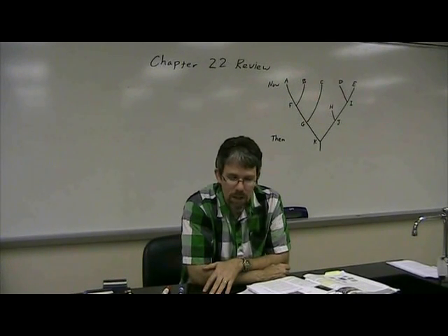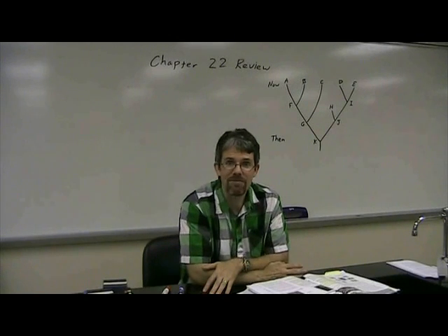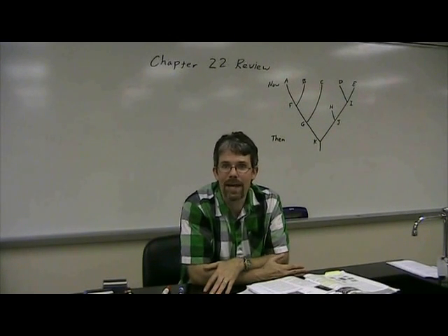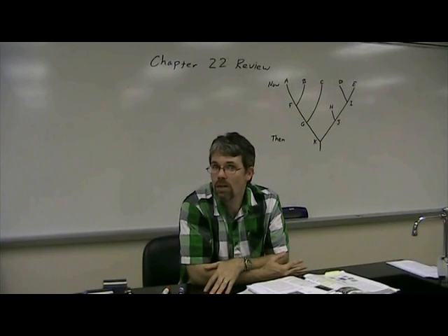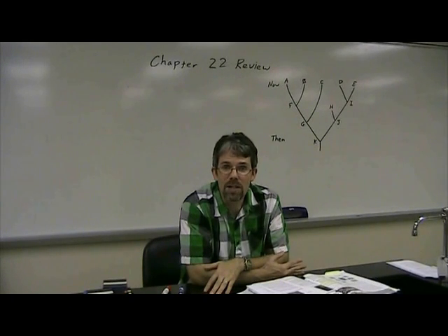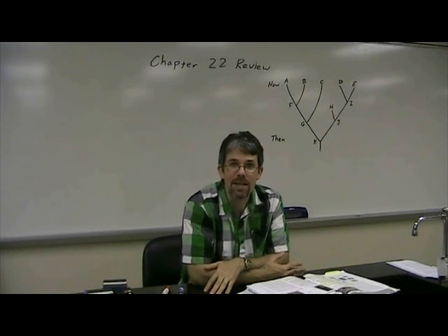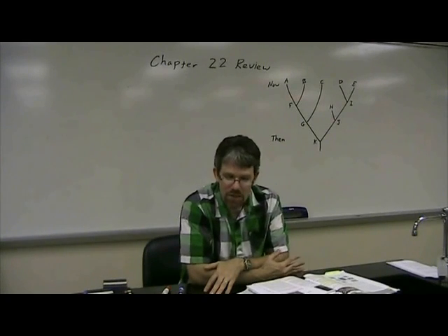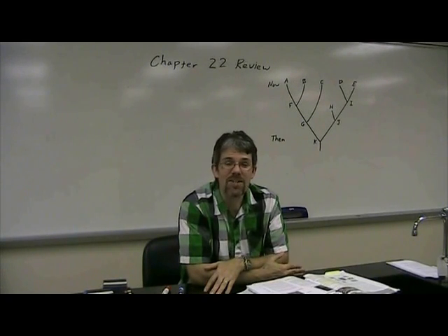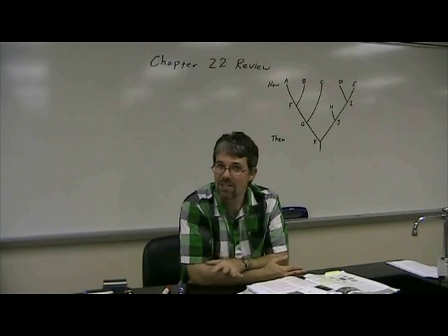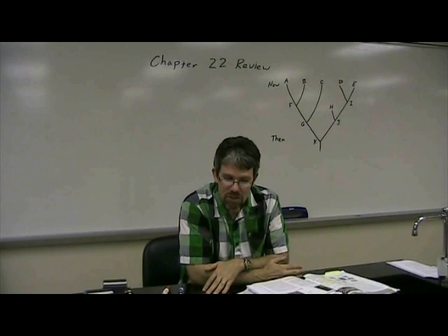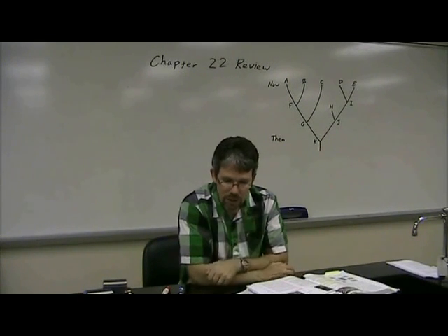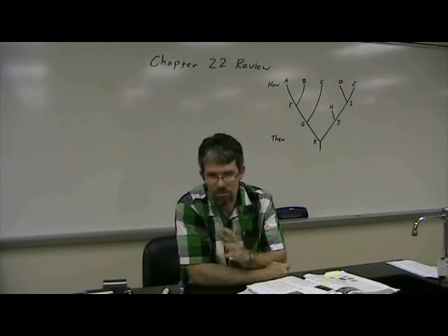And number four, some individuals just happen to have an advantage because they have certain traits that make them more suited to whatever that situation is. Those individuals are going to be more likely to survive, but more importantly, they're going to have greater reproductive success. They're going to have more offspring than those that are less suited. So it's not about survival of the fittest, it's about survival and reproduction of the fittest. What doesn't make it to the next generation doesn't count. So number five, the result is natural selection, which allows for a population to change over time to adapt to